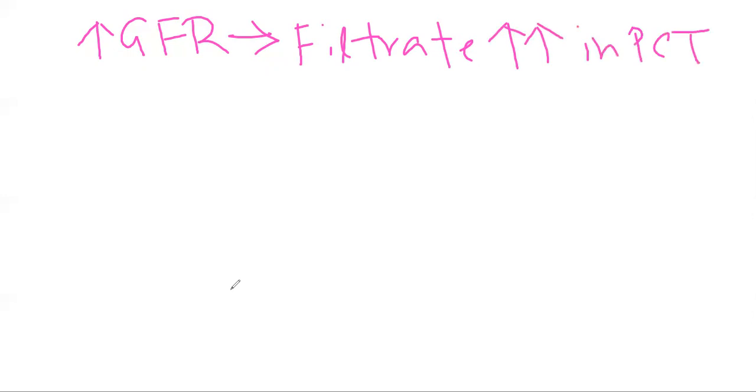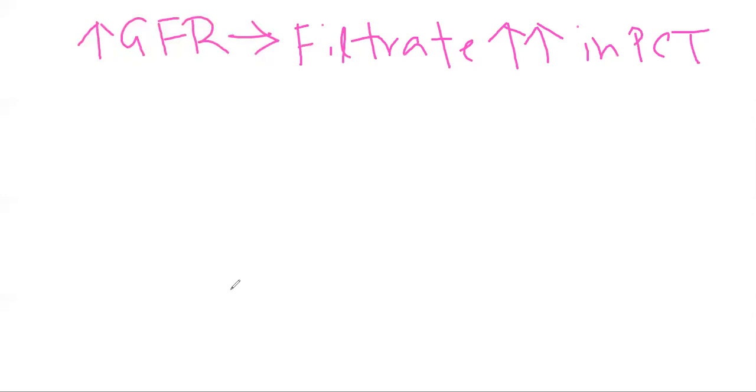A large amount of filtrate will be present in the proximal part of the nephron. Now, I will try to give one example. If I throw a bunch of mangoes to you, can you catch all these mangoes at a single point of time? No, it is simply not possible. Similarly, if I throw mangoes one after another, then you can easily catch them.